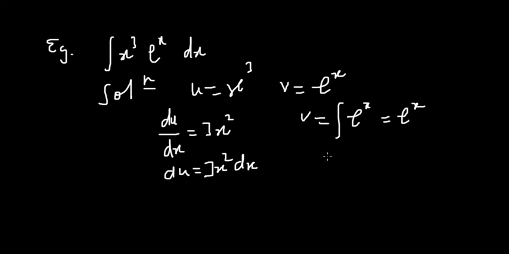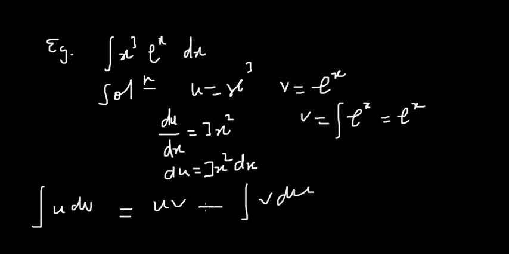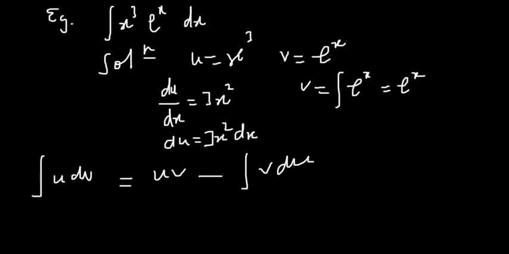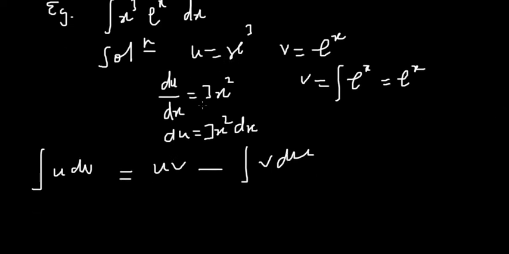Okay, so now let's put that into the main formula. So we have uv minus the integral of v du, which is the integral of u dv. Okay, so let's proceed from there. So now we know what u is. u is x exponent 3. Okay, so we have x exponent 3, and then multiplying the v. So v is e exponent x, minus